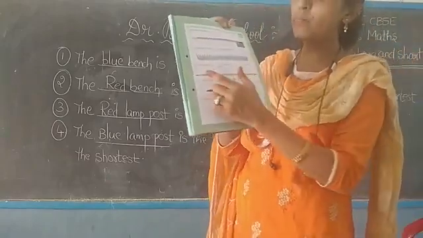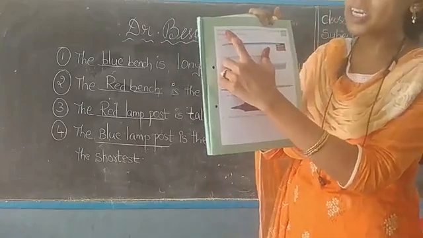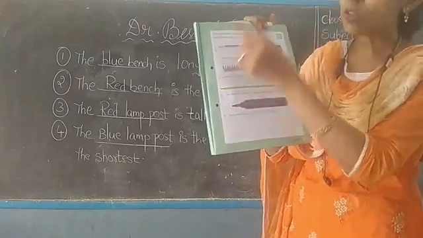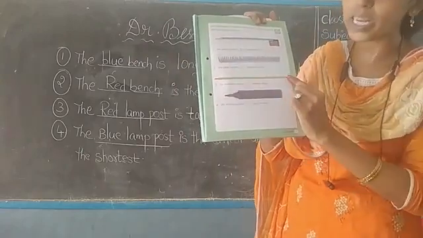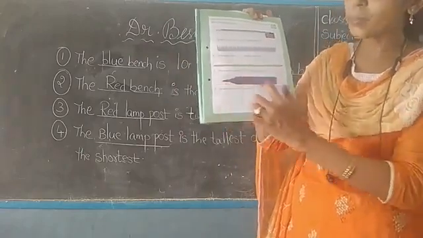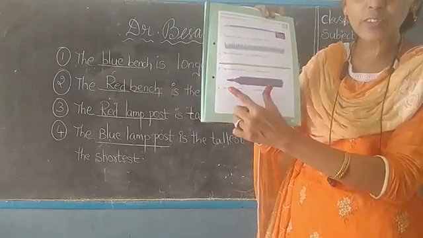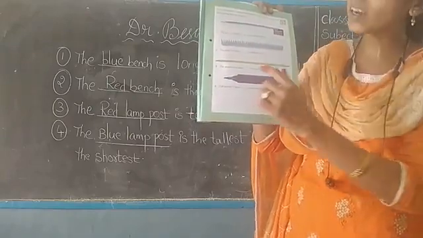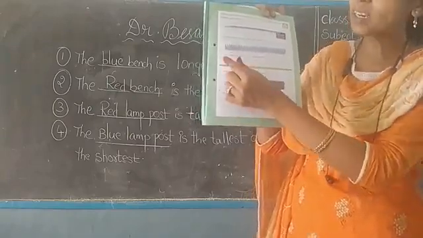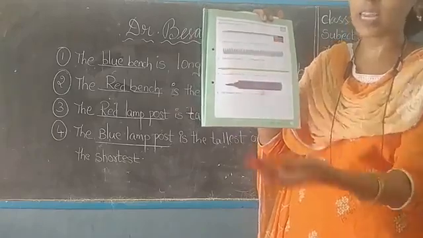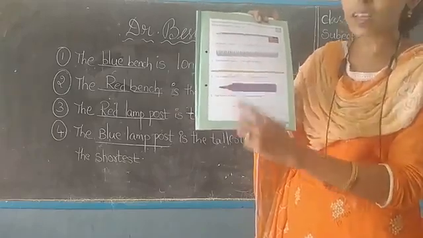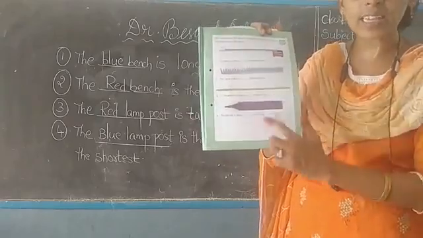Similarly, take one sharpener, because he mentioned the sharpener here. Take your sharpener and measure the length of this shoelace, as well as the marker given here. Measure with your sharpener and write the count here. If you get the length of 4 sharpeners, write down 4, or else if you get 3, write down 3 in this blank. In this way, you have to do this exercise as homework.